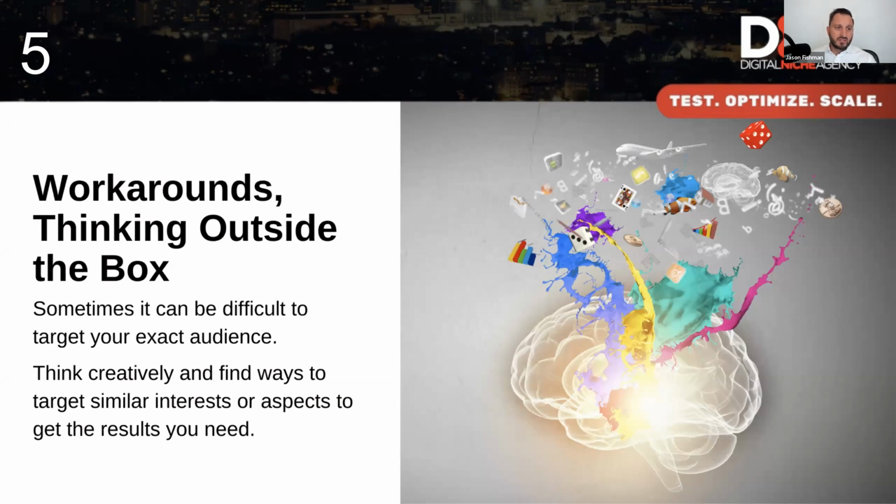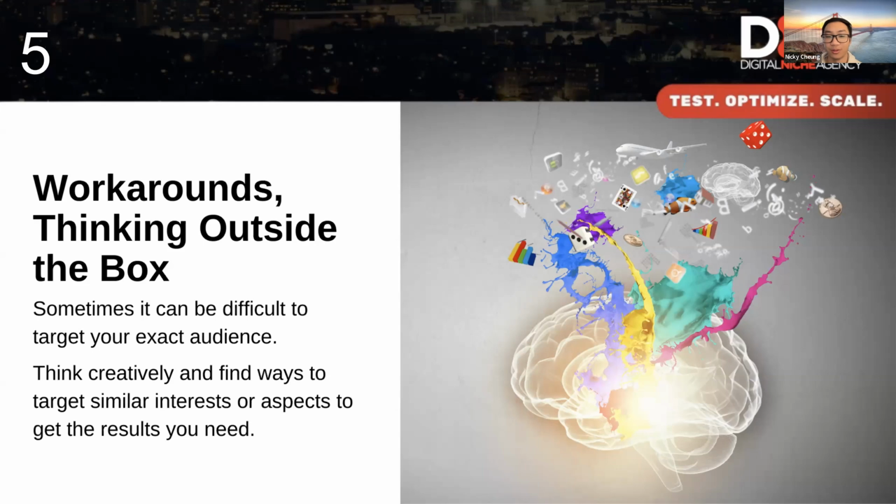Nikki, what are some approaches to workarounds? Thinking outside of the box. Right. So I actually love this one just because thinking outside the box sounds so simple, but it makes a big difference in your campaign. There are a lot of audiences on Facebook, and Facebook has eliminated a lot of targeting due to privacy reasons or what have you. So advertisers, we're now limited to what we can pick from Facebook's targeting list. But just because they remove targeting doesn't mean we can't still target them. We just have to think creatively, think outside the box to target them.